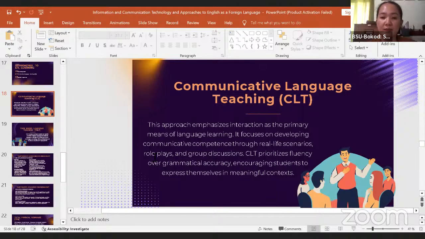So movie making is one example of this, wherein they try to speak spontaneously in a movie, like a 15-minute movie, and then they will be able to present this to class. And after that, the students will be able to give their reflection.